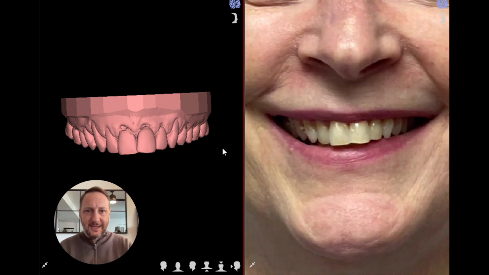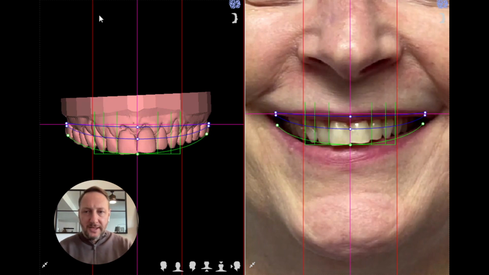She has a canted smile, okay? And for us to understand if we need to extrude the second quadrant and intrude the first, the best way we can do this is creating a smile design, okay? We start with the lines of the frame. So the frame, we can start understanding where is the ideal incisal edge, the incisal borders of the upper teeth,